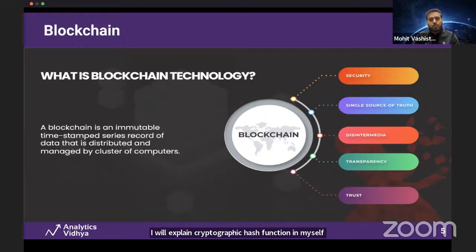So single source of truth, because everybody has that copy. Everybody is actually holding a kind of, you can say, a ledger. So as I explained in terms of diary, every diary will have the same records, but in terms of hashes only. It's not in terms of plain text. So it's a single source of truth, meaning that diary will not change for anybody. It's not like if you are connected to a network, the ledger will be different for me and for the other person. It will not be like that. So anybody sees their data, it will always be the same.